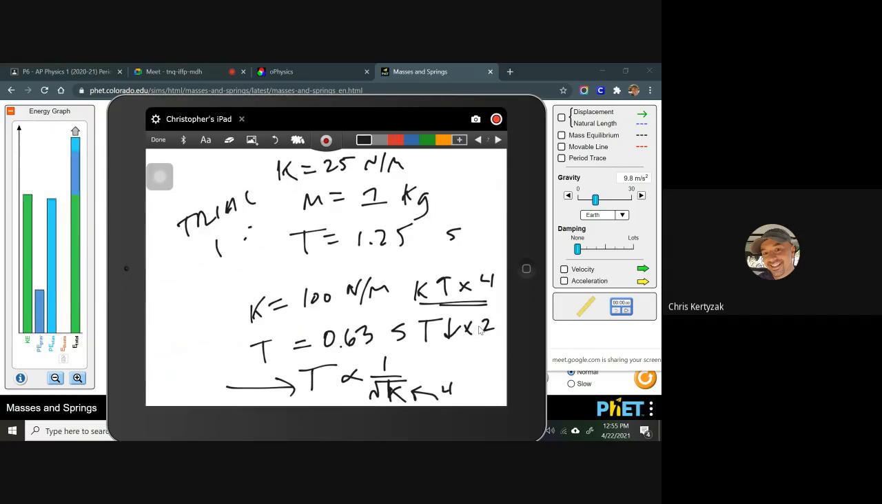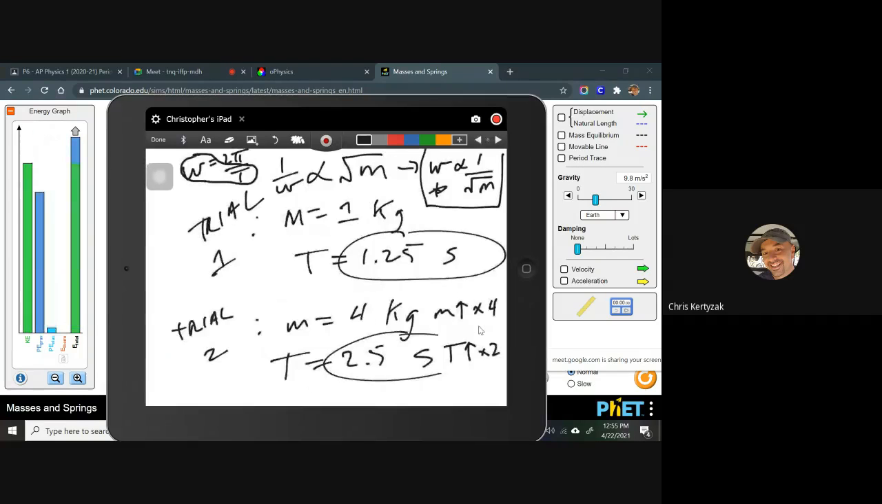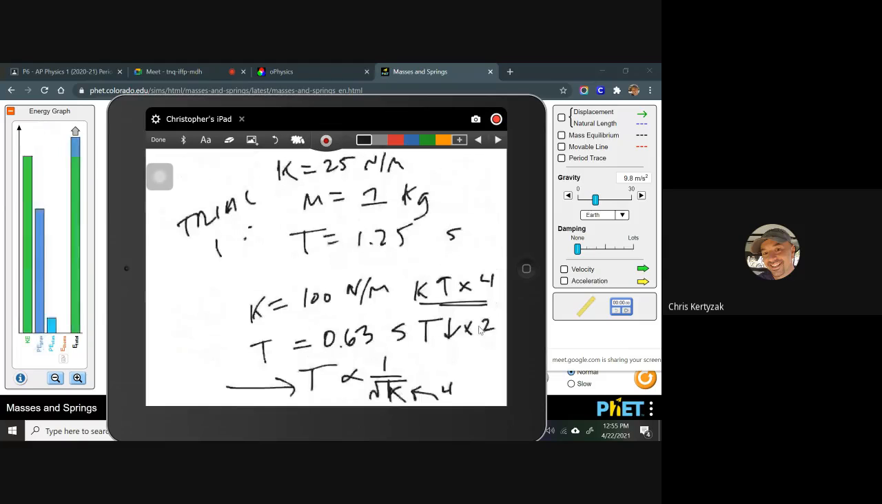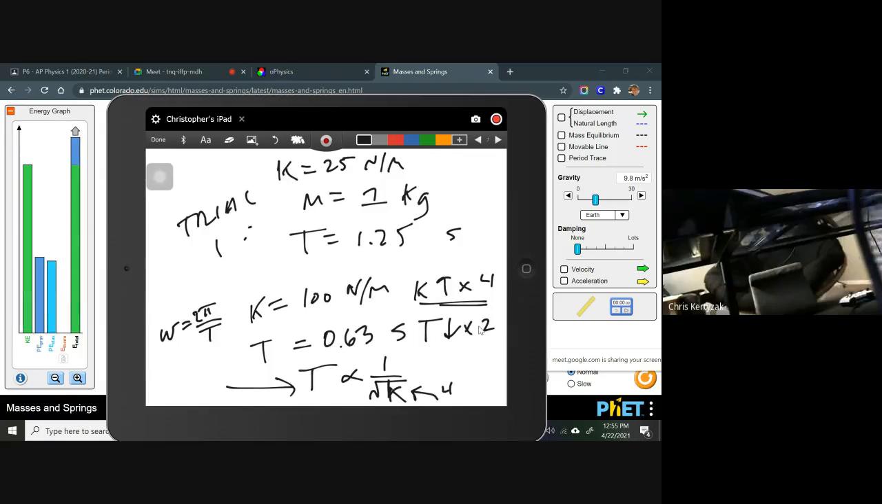So now we have two results here. Oh, sorry, I have to connect omega into this. So let's do that. Since omega was equal to 2 pi over T, and since omega and T are inversely proportional to each other,